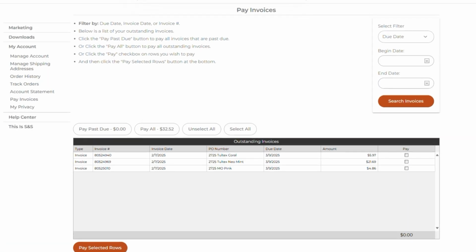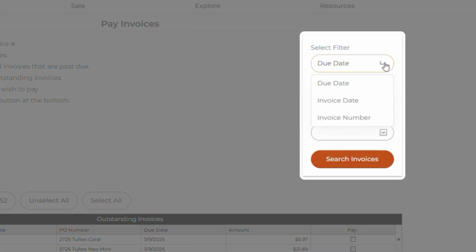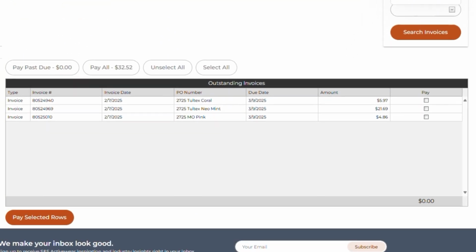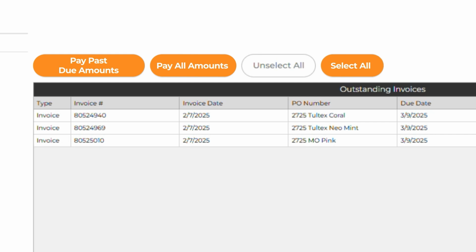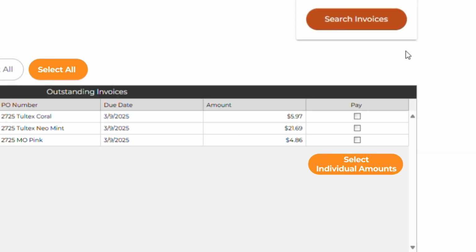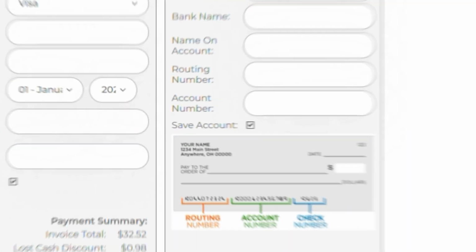Any invoice with an outstanding balance can be found and paid through this page. Here you can filter through your invoices to find the specific one you're looking for, or you can select them in one of 4 ways: by all past due amounts, all outstanding balances, selecting all invoices, or individually select them. Whichever way you choose, you'll want to click Pay Selected Rows to move on to selecting which payment method you'd